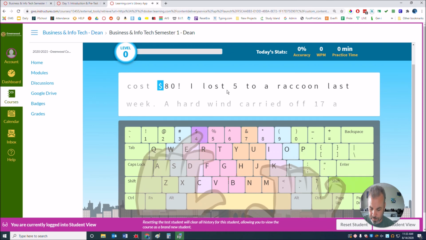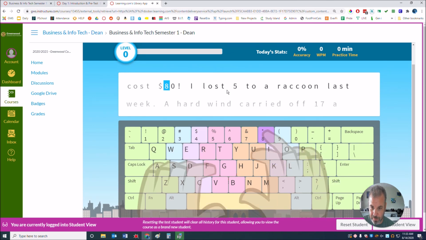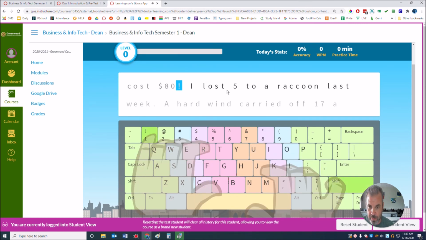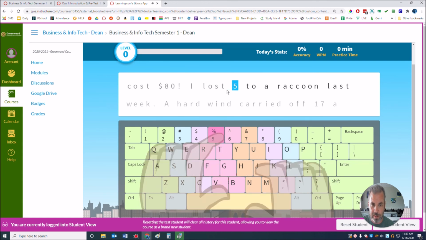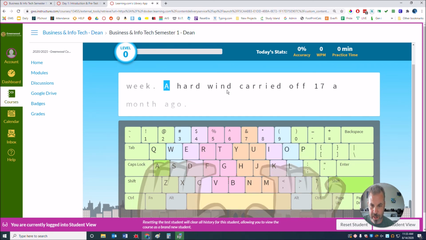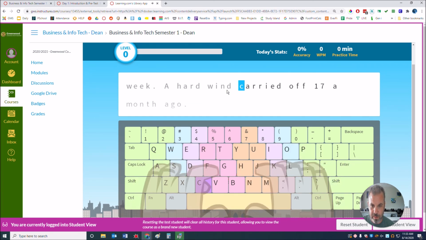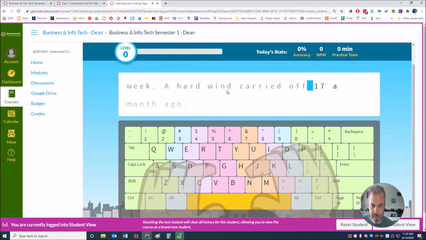And here's a dollar sign. I'm going to do a shift and a number 4 on the number bar up there to get a dollar sign. So you're almost done when you start getting down here to the raccoon. We'll see how long this took me, but